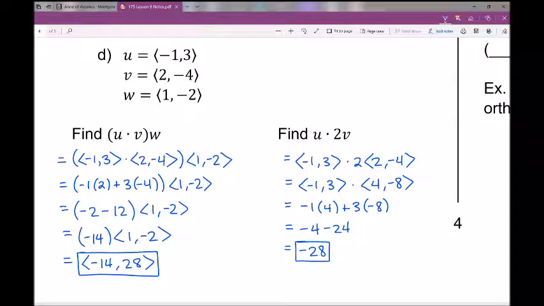Okay, so depending on the order in which you do your dot product and your scalar multiplication, notice that you could get an answer that is a vector, or you could get an answer that is a scalar. It totally depends on what is your big operation that you're doing in the expression. Okay,